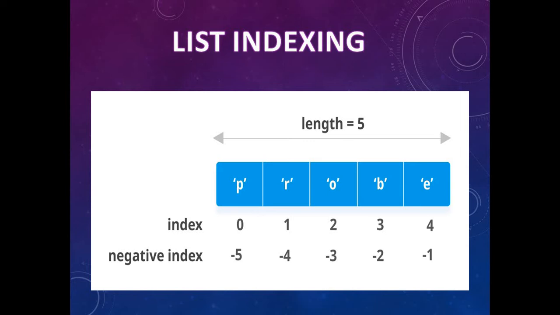The positive index starts from the first letter with the number 0. So the first letter takes the number 0, the second takes the second character with 1, and 2 takes the third character. So 0 to n minus 1. The negative index means from the last it will begin, and it starts from -1. So you have numbers like -1, -2, -3, -4, -5.